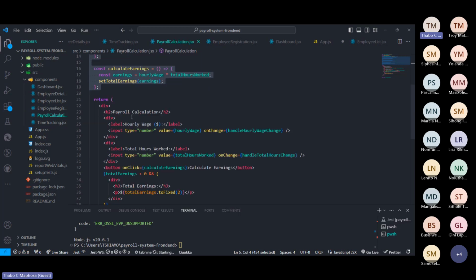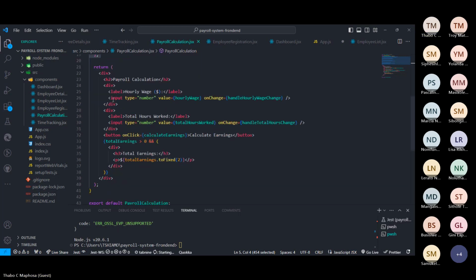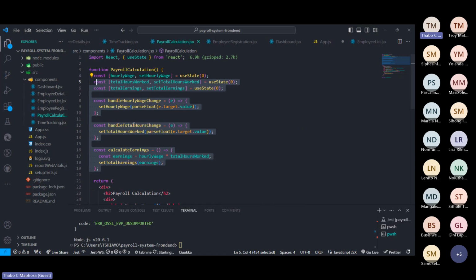Underneath, it just shows how things are labeled or displayed. Especially on the JavaScript side, this is basically the same thing we've done time and time again. So that is the payroll.